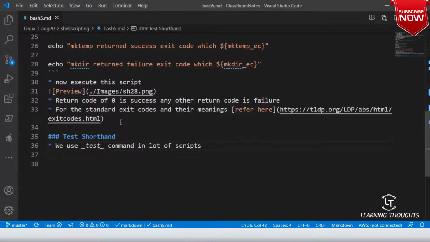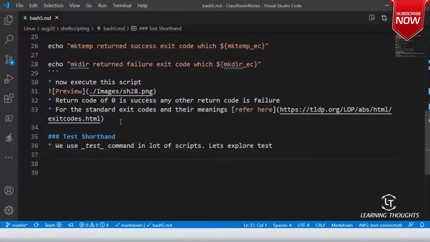So we will have a look at many things which test can do. Okay, so let's explore test. Test can tell us whether the file exists or not. Test can tell us whether the directory exists or not. Test can tell whether the variable is empty or not. Test can tell us whether two variables have same values or not. Test can tell us if file 1 is older than file 2. It can test integers. There are a lot of things which you can do with test.